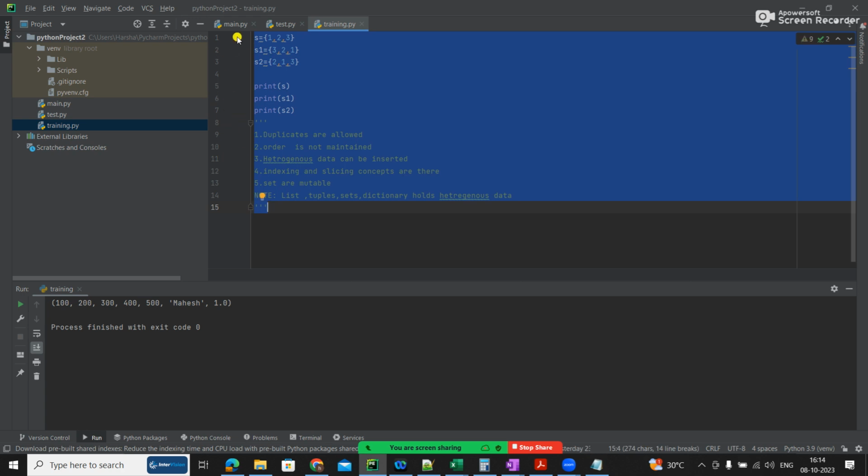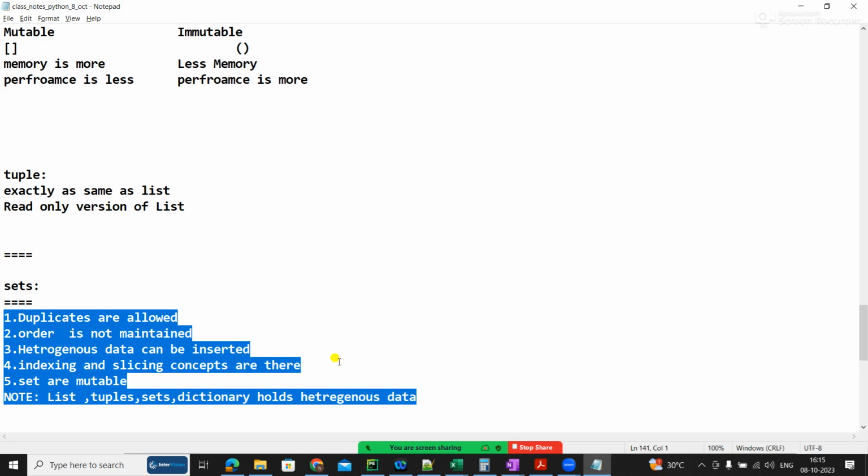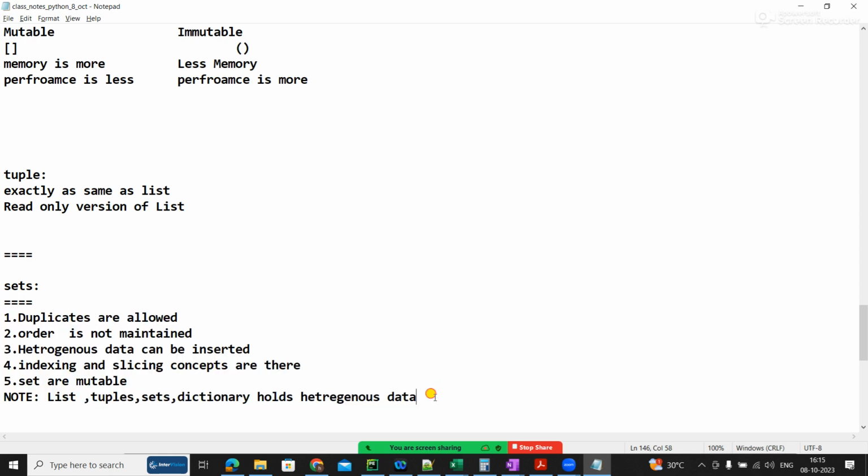I think it's different because index and slicing concepts make them different. Here it came out the same, so it doesn't guarantee the order. That's what I told: order is not maintained. Here it is the same only, because you have to respect that order is not maintained.